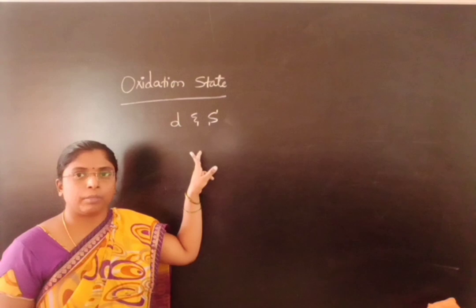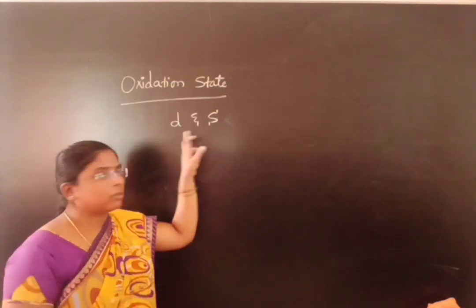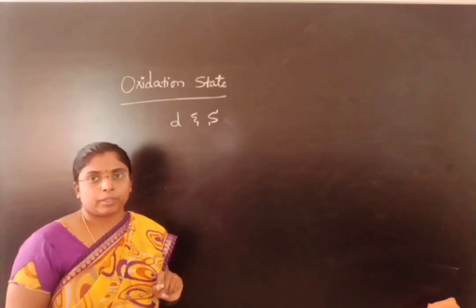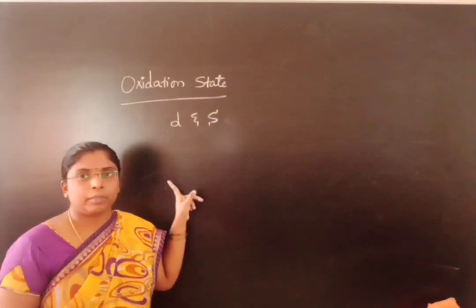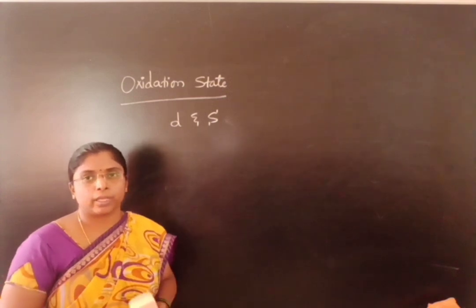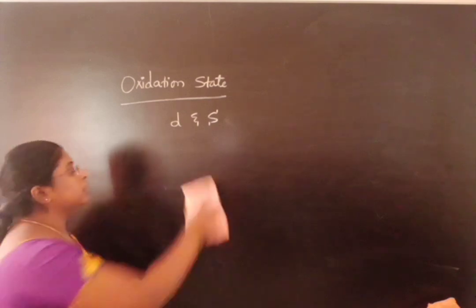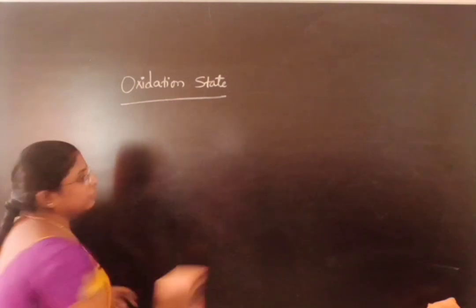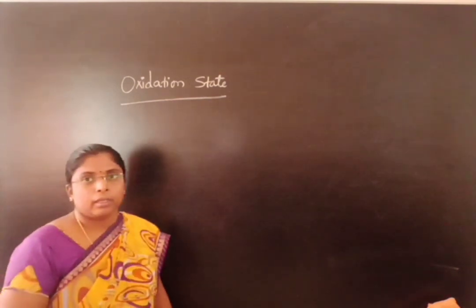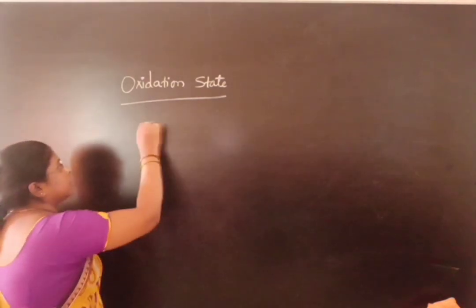They exhibit variable oxidation states because of the comparable energy levels of both the d and s orbitals. And in a chemical reaction, both electrons are involved: d electrons as well as s electrons. If you see the general oxidation states of d block elements, the general oxidation state of d block elements is